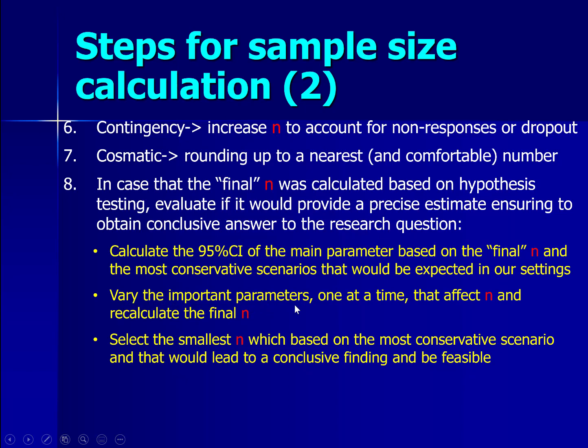Vary the important parameters that I have mentioned one at a time to see the sample size. So we have a list of sample sizes in all possible sets of parameters in combination, and then recalculate the sample size in that original formula again. Select the smallest n, based on the most conservative scenarios that would be expected in our settings and would lead to a conclusive finding and remain feasible. Choose that one and justify it